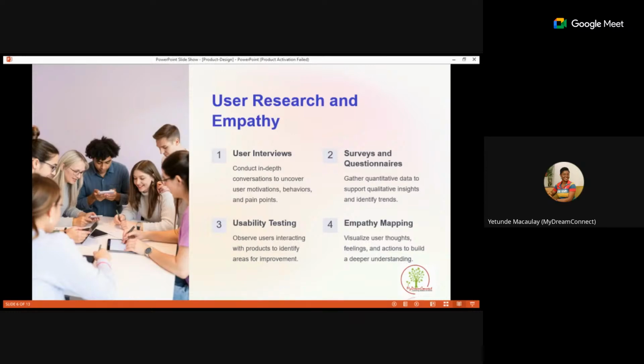From that, you generate a problem statement. And then you can continue. Of course, you have identified a possible solution. The next thing will be, okay, this solution that you have, you want to find out also, are people interested in this kind of solution? So you have to come up with a solution in such a way that when you're putting it together,